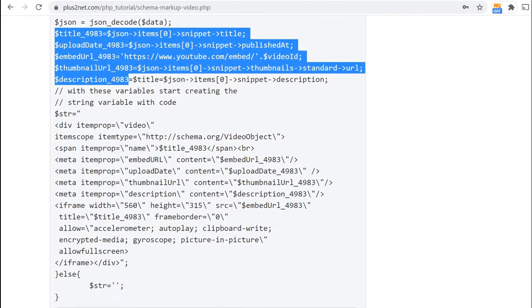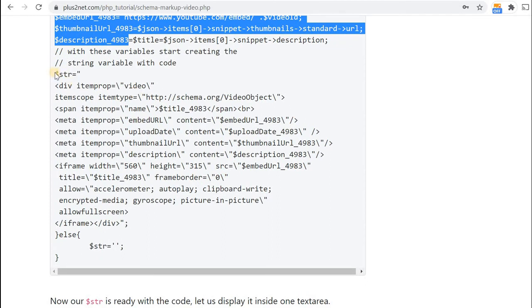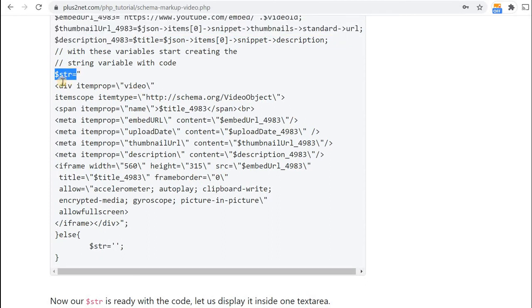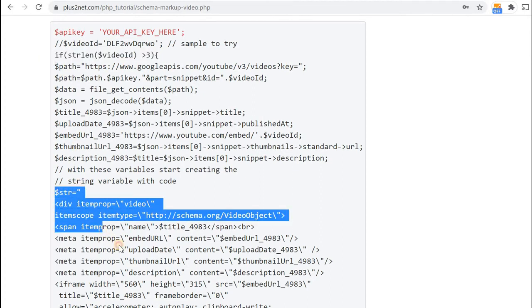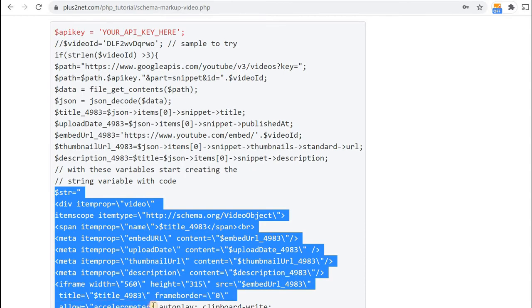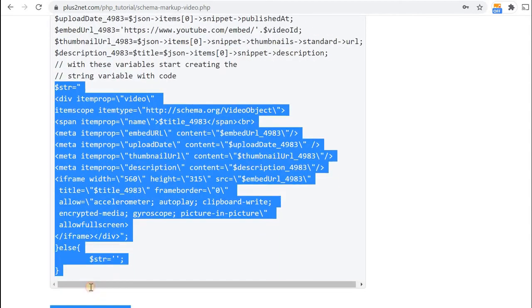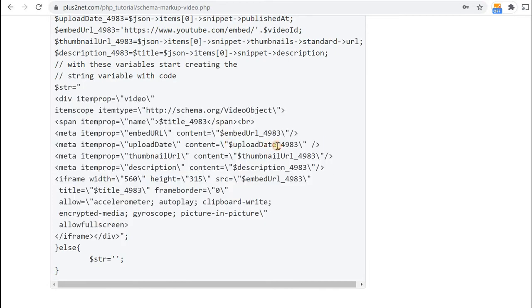So finally, using that, we have this str here, a blank string we have created, and there is an if command which checks whether the video ID is available or not. That's the second line, this line here. If it is there, then this str data is filled with all the variable values we have taken, and finally generated. If it is not there, str will be blank. That is the case the first time the page loads. When str is filled, it is only string formatting with the span and meta tags, and in each place we have placed the variables.